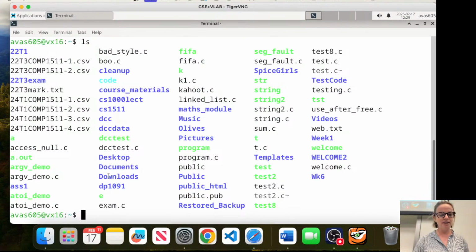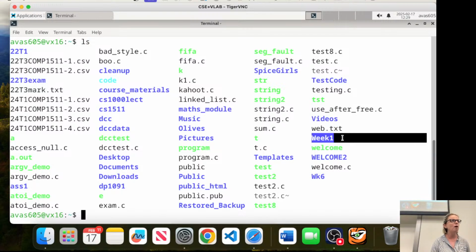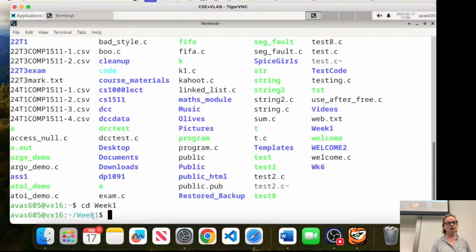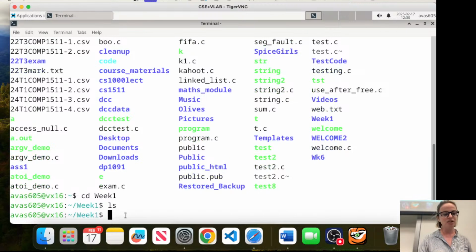And then I'll type in ls, and somewhere in this forsaken wonderland of files, I'll see a new directory that's now called week1. And I can go into that directory by changing directory, by doing cd and then typing the name of the directory that I want to travel into. As you can see right now, I've gone inside the directory week1, which means I'm sitting inside this folder. It's got nothing in it. So when I type ls to list out what's in it, it's not going to list anything out.